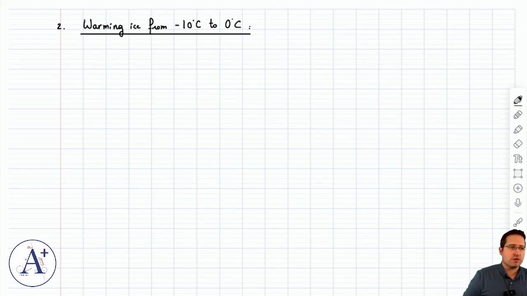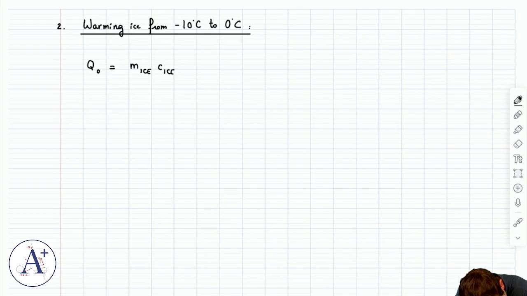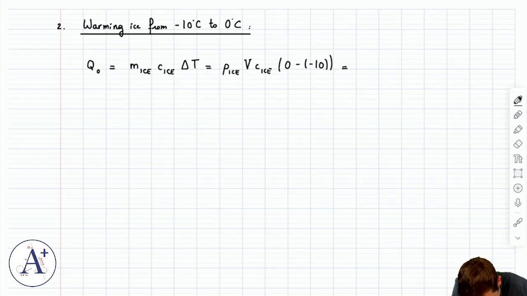Obviously, temperature changes during this transformation. How much heat is required? This requires the amount of heat Q0, let's call it. It's going to be mass of ice, specific heat of ice, times delta T. Well, mass of ice is rho ice times the volume of ice, as we've seen. Specific heat of ice is given. And then this is going to be 0 minus 10. Careful with your signs. And so this is going to be